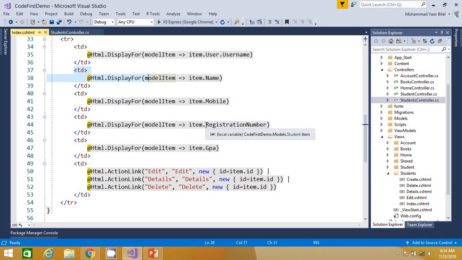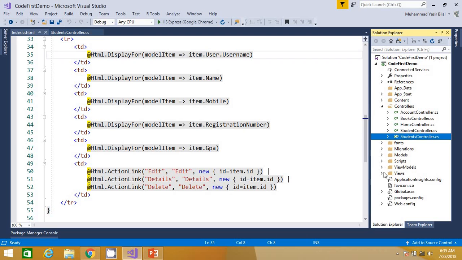One purpose of partial views is that we can reduce the lines of code in our HTML pages or razor views. And another benefit of using partial views is that we can use one partial view in many views. We can use it as a component in many views, like when we make a partial view in the shared folder.